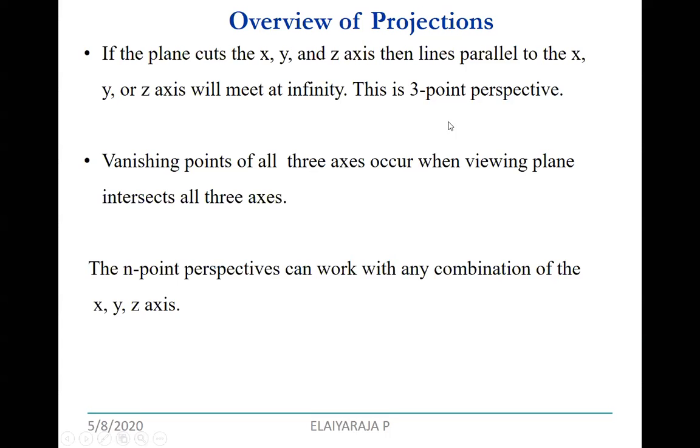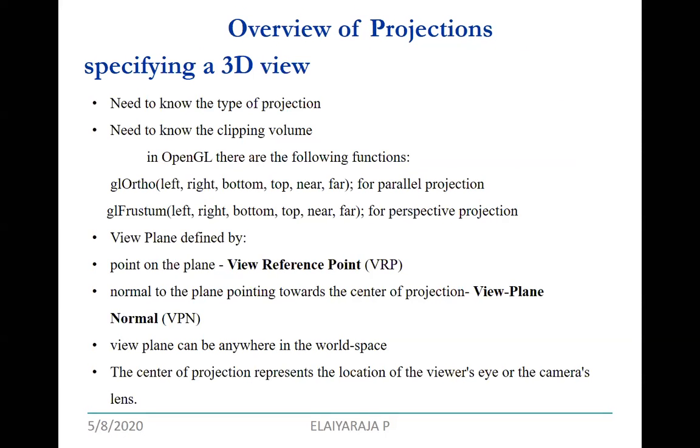So in that case, the vanishing points of all three axes occur when the viewing plane intersects all three axes. And we can say these n-point perspectives can work with any combination of your x, y and z axis. And this is about your perspective projection, how we are going to specify a 3D view